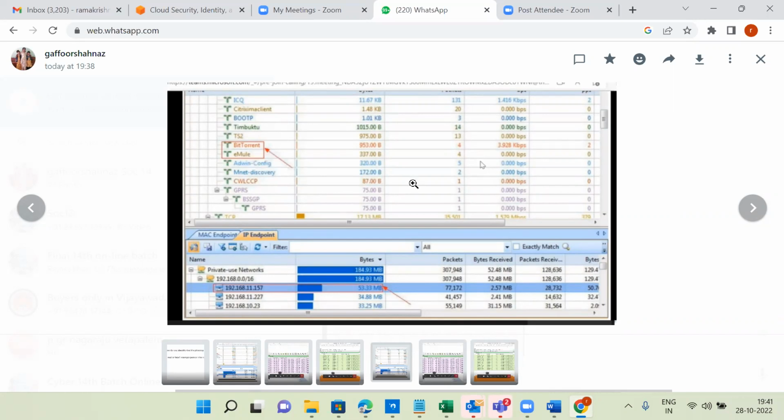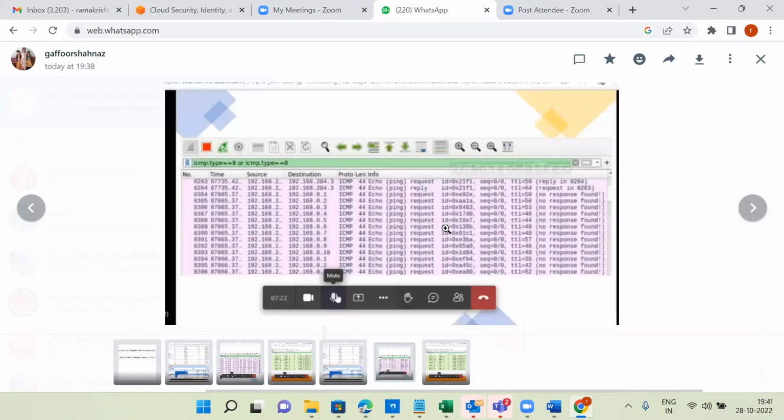You shared one more sheet, right? Two more, sir. Okay, so from this one, ICMP. This is Wireshark results, right? Wireshark. What can you conclude from that snapshot? It is a ping flood attack.